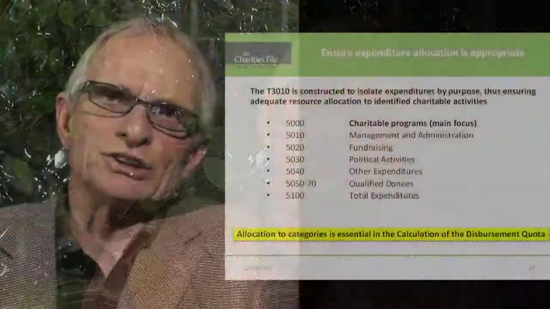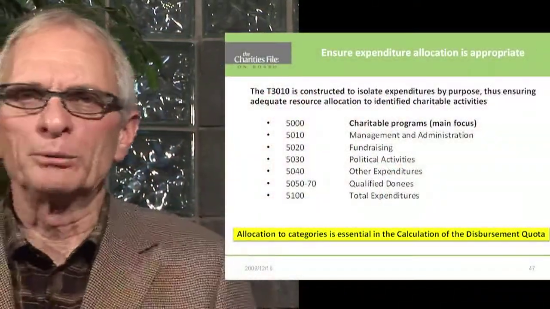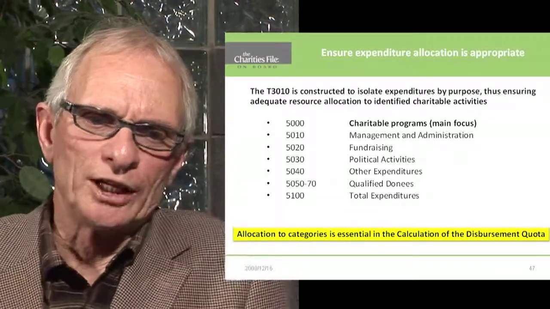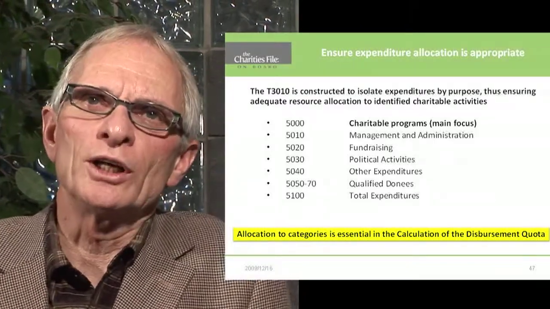The issue is that a charity needs to use one or the other method and be consistent in the use of that method. One of the critical issues in terms of the 3010 accounting comes into play at the end of the information return. These are the final lines in which all of the financial information is gathered into these lines from line 5000 to 5100.